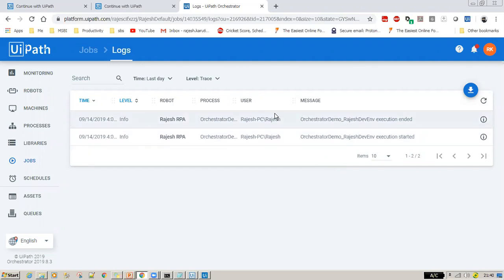These are the logs, Deepak. By default, these are the system generated logs. They say this particular job execution started and this job execution ended, because we don't have any dedicated logs. It didn't provide any additional logs. Depending on the logging level in your settings, those kinds of logs will show in your orchestrator logs. Here, see, there are different log levels: trace, info, warn, error, and fatal. I will discuss these different logging levels in the upcoming classes.